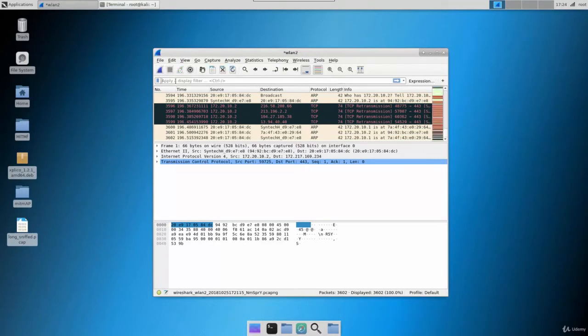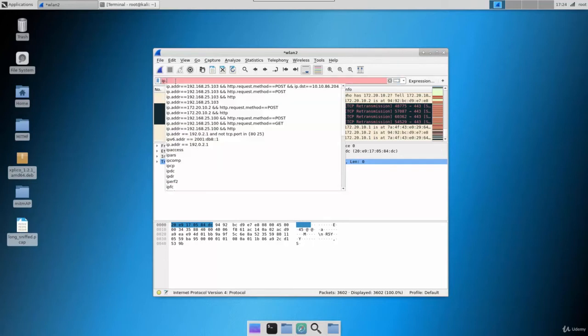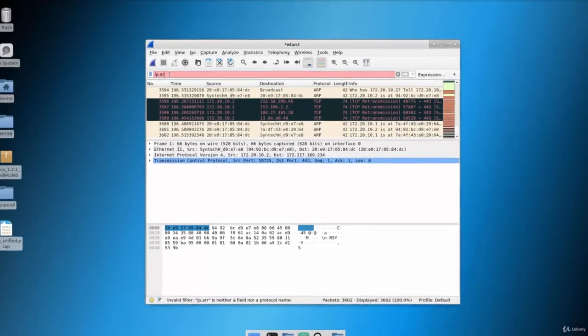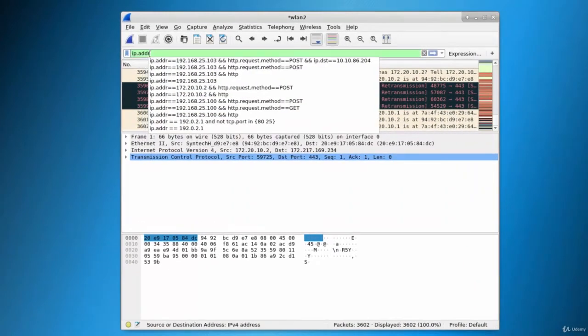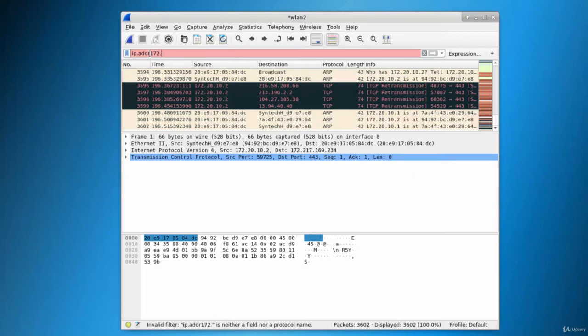And let's just analyze the post packet on which we filled out the form, right? So the IP address is 172.20.10.2. I have just forgot to enter double equal, so let's just do it, right?